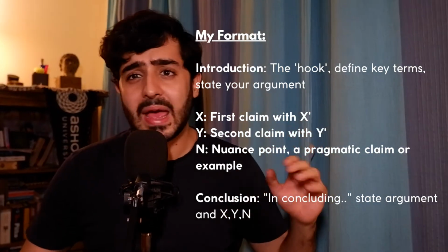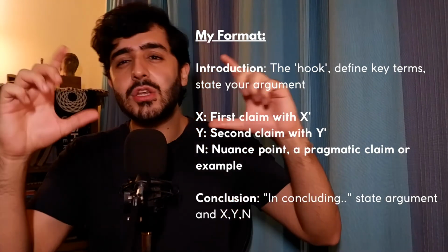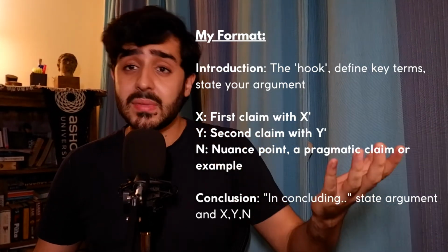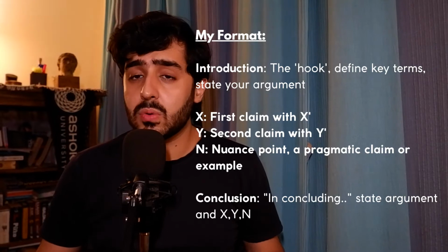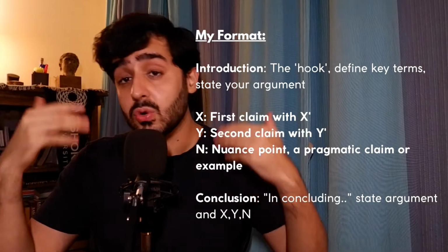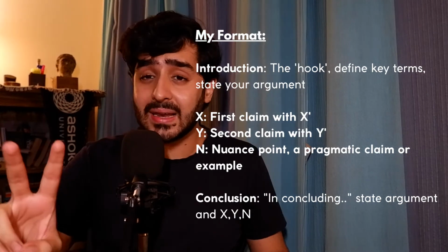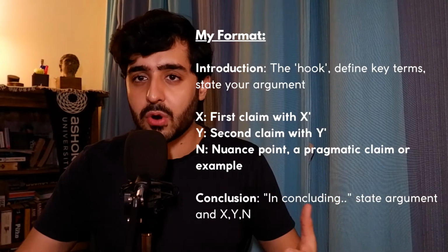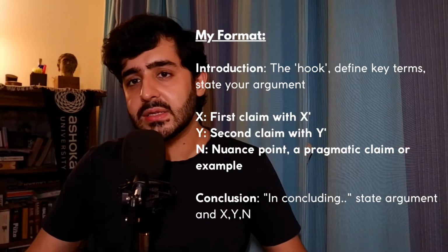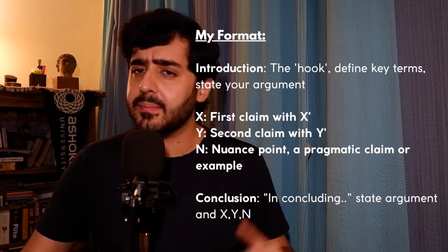Here you can even accommodate X dash, which I've put down, which is taking on a counterclaim. So state your point, explain it maybe in a line or two, and then say, the opposition might say, or people who oppose this bill say, or people who oppose the statement say, and then you counter that claim. So that's X dash. Then you go to point Y, which is your second claim. So I agree or I disagree with this prompt because also Y. Again, one or two lines explaining what your claim is. And there's also room here for Y dash to take a counterclaim.